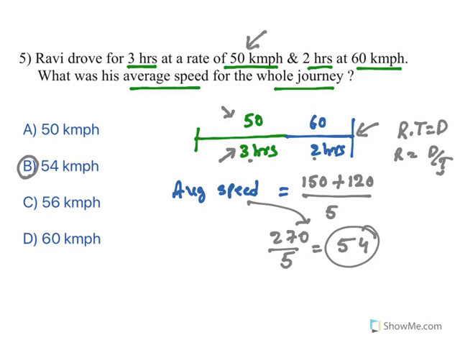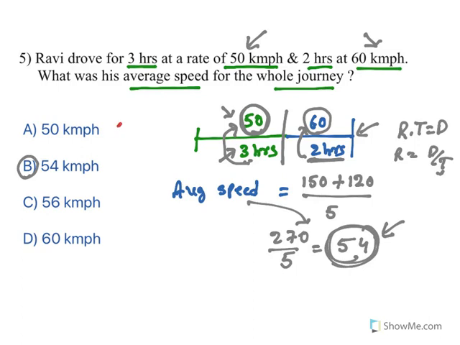Again, understand this. 3 hours with 50 kilometers, 2 hours with 60 kilometers. So a higher amount of time he is spending at 50 kilometers per hour. That is the reason why the average will be closer to 50. Only 2 hours he is spending at 60 kilometers per hour. So the answer is getting closer to 50. Again, the answer will never be either 50 or 60. One is traveling at 50 and the other at 60, but the times are different. So the answer will never be 50 or 60. And the answer will definitely be closer to 50 because higher time is spent at 50 kilometer speed.